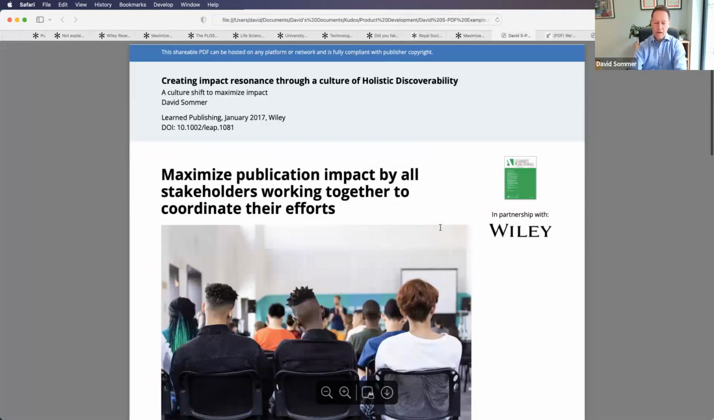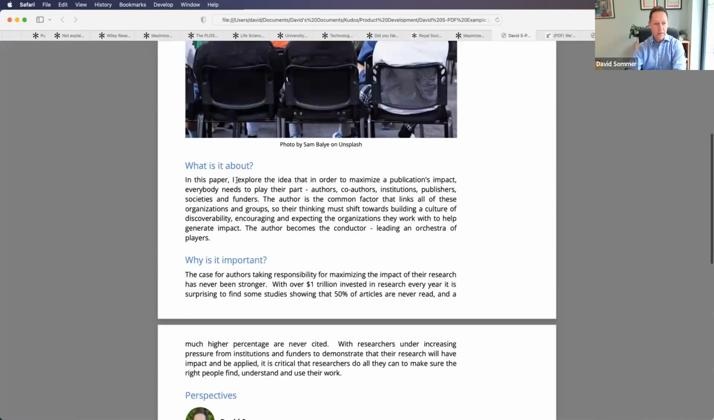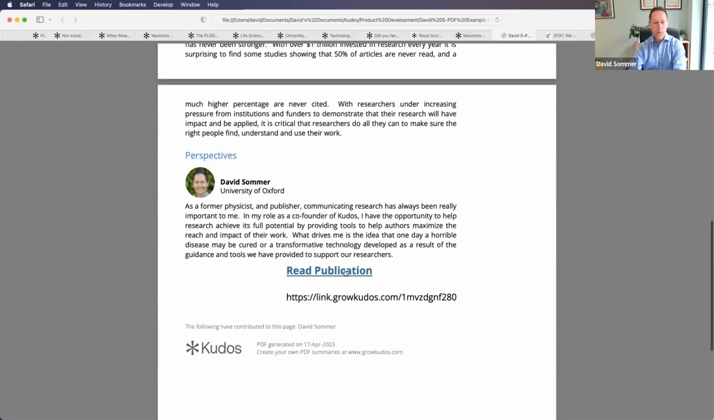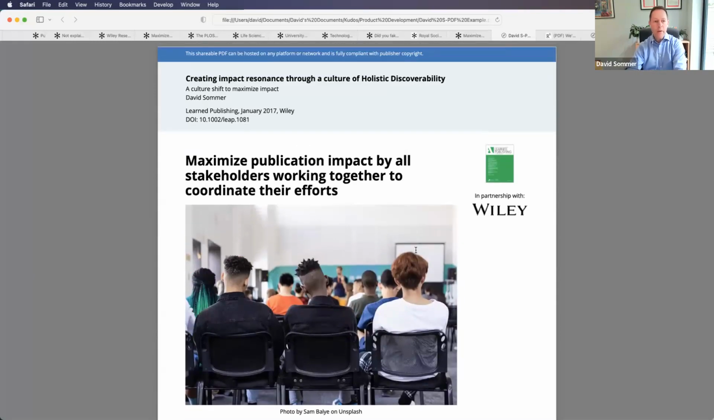So here is an example I created earlier of a PDF of my article. So you can see the image, what's it about, why it's important, and there's a read publication link in there as well. And that can be posted copyright free because there's no publisher copyright issues here because it's your content that you've created. So it's a publicly available page. Therefore, you can post that on